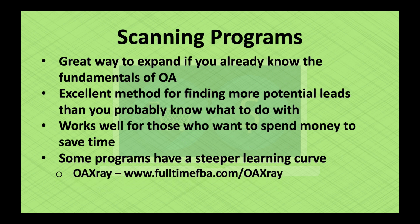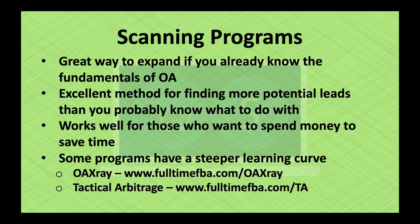The two programs that we use on a regular basis are OA X-Ray and Tactical Arbitrage. I started out using OA X-Ray, and I really enjoy it. It is great if you're wanting to scan a small amount of leads at a time. You go page by page through a website, and then Tactical Arbitrage will scan an entire category at a time. Both of them have their benefits. Both of them are great for turning out a lot of results, and you can set up the filters and really narrow down what you're looking at. And so we recommend both of those: